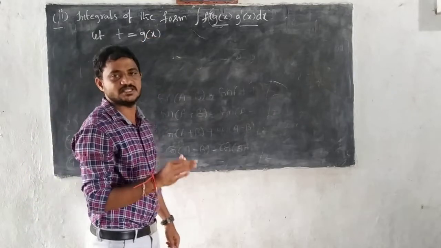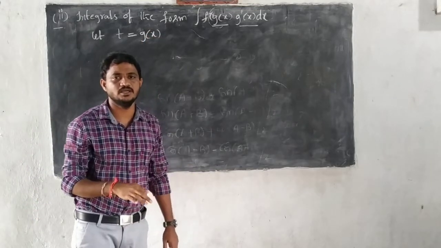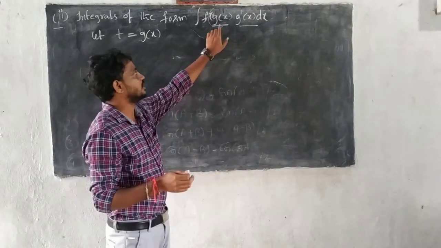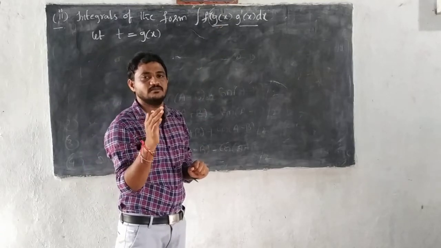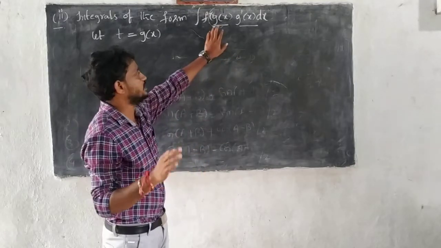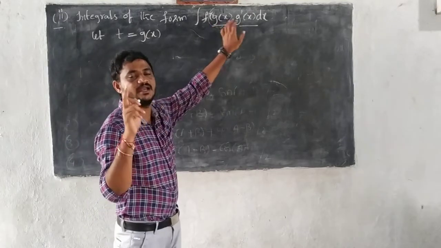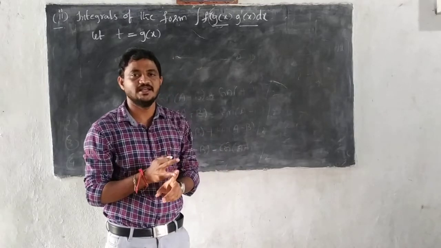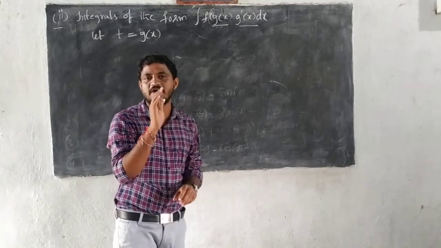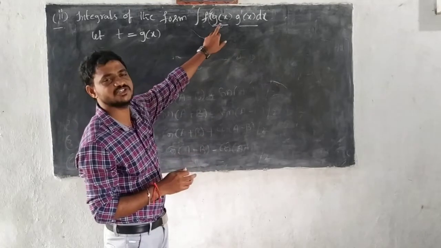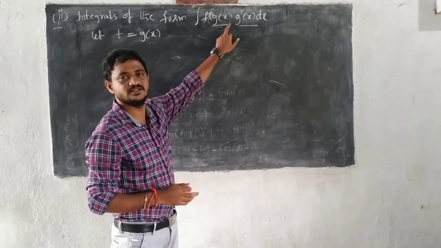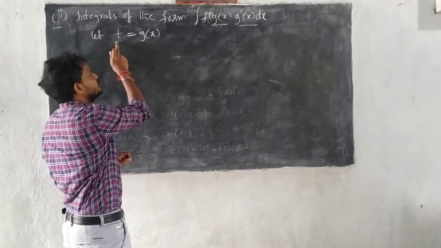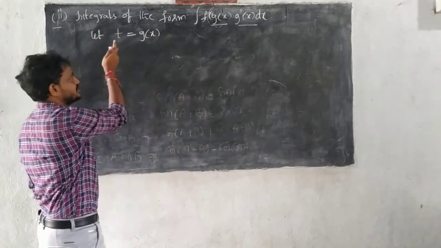It is also the integration by substitution method, but it is a subtype. So we have to use the substitution method only. But here, for which function do we assume t? In the given integral, the function will be there and its derivative will be there. So first we have to recognize which is the function and which is its derivative. What is the function here? G of x is a function and g dash of x is its derivative, right? So we have to consider g of x as the function, that is t.